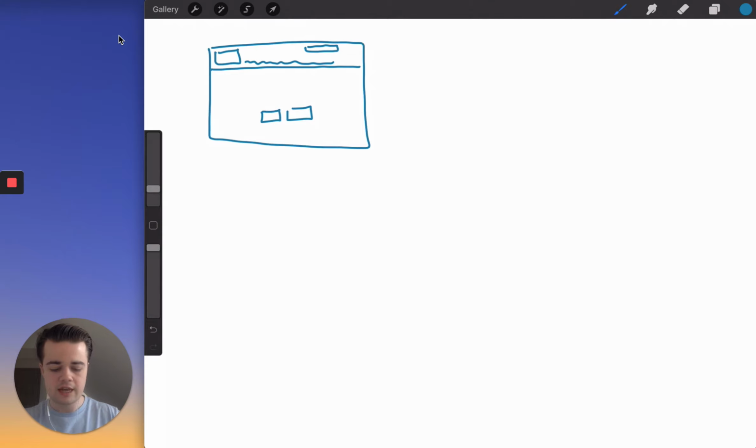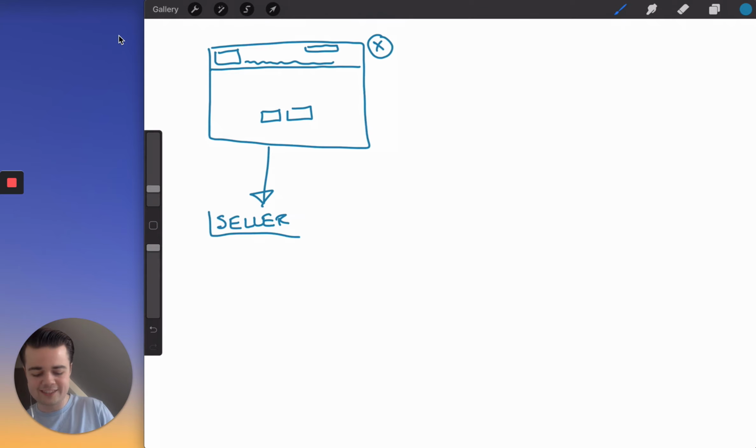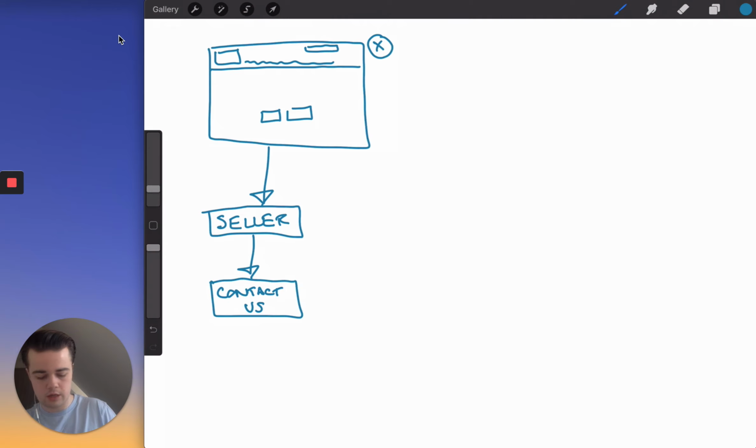Someone's come to this. Now, a lot of people install the Facebook pixel on. That is a great first step, but that's not enough. There needs to be strategy behind it. Just having the mechanics there won't actually get you the results you want. So let's say someone comes from here and they come to pages that show they are a seller, right? If someone's come to a page that says looking to sell, chances are they're a seller. If they then come to that page without going to the next page, which is the contact us form, they have not got in contact with us, right? So if they've come as far as this point here, we then want an advertising campaign that gets in front of them on Facebook and Instagram, so